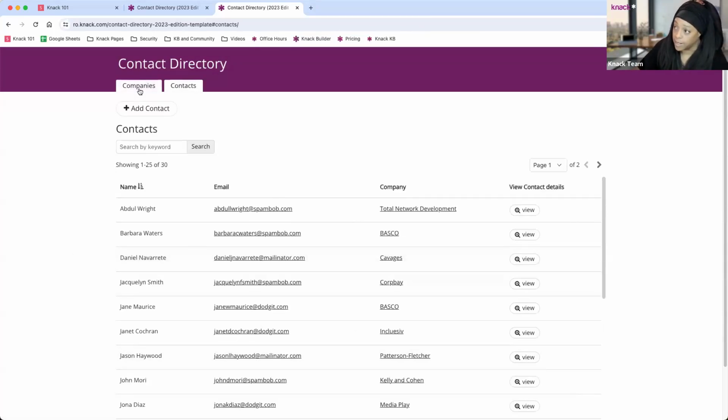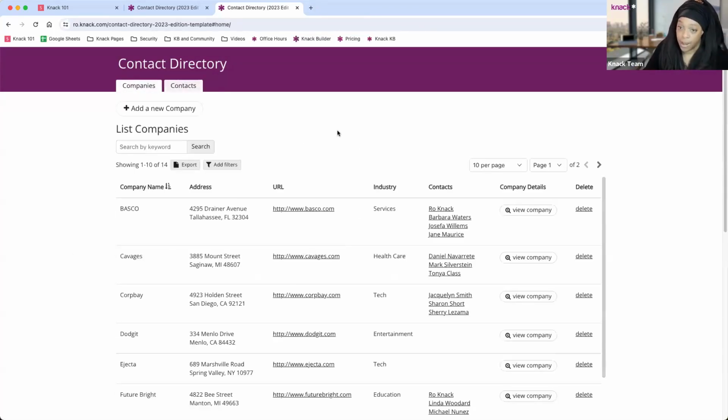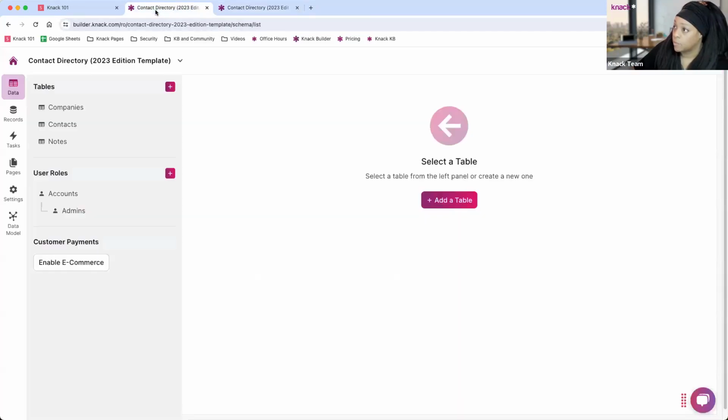So hopefully this kind of gives you an idea of what an app looks like. We're definitely going to be diving a little bit deeper into this, taking a look at this particular app and how it's built in the back end, and then we'll start building out something like this from scratch. So I'm going to jump into my the back end. And if you've gotten started with Knack and you've started exploring our builder, this is what we